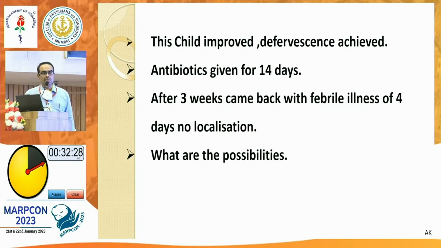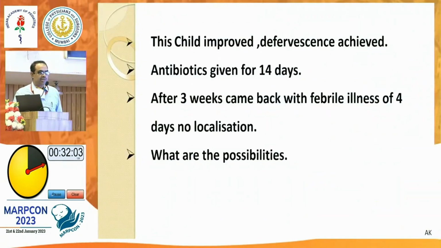So considering the previous history, we should consider this could be a relapse of enteric fever. But it is only confirmed if we rule out other causes of fever. Once we have ruled out other causes of fever, we can think it's a relapse of enteric fever. Very true, sir. So relapse we can treat with the same medicine which we had used for the first episode. And there is one catch in that. If you have amoxicillin sensitivity present on your blood culture on first report, prefer that as the drug of choice for relapse.